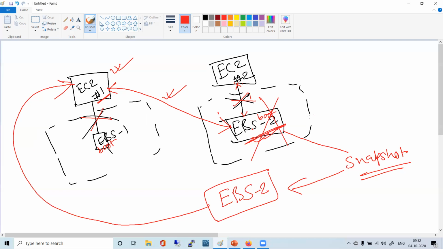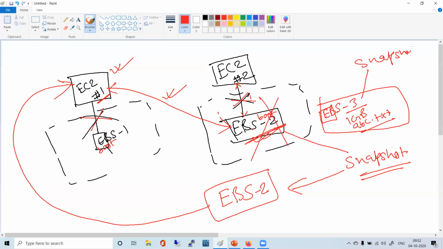Say you have an additional volume, like EBS volume 3, that is 1 GB in size and has some file like abc.txt in it. Now you have taken a snapshot of that, snapshot number 2. If you attach this to the instance, will that instance boot? You connect only that 1 GB volume where you have a file. Will that instance boot? No, it will not boot. You don't have the operating system. We have to create the volume first.